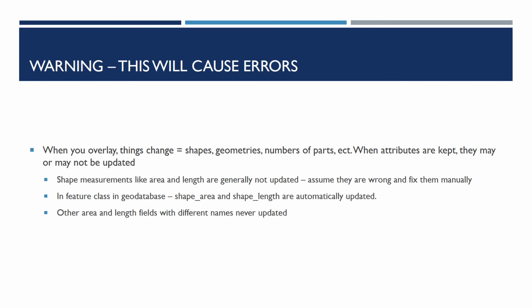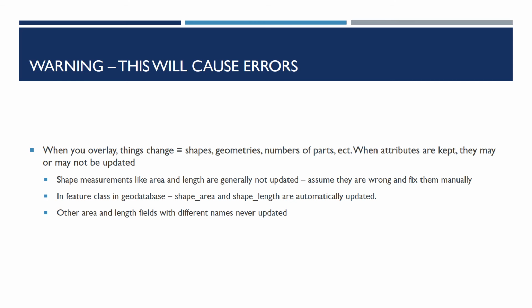If we're talking about anything not in a geodatabase, it's not updated. If we're talking about a field called area and a field called length in a feature class in a geodatabase, they're not updated. Only Shape_Area and Shape_Length in a feature class in a geodatabase are automatically updated. In every other situation, condition, or description that you can come up with,